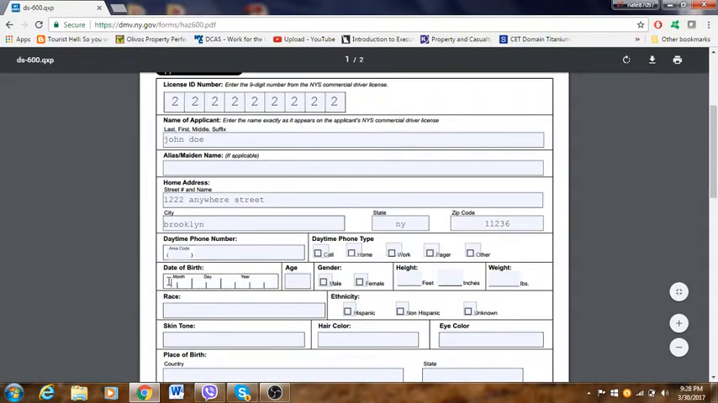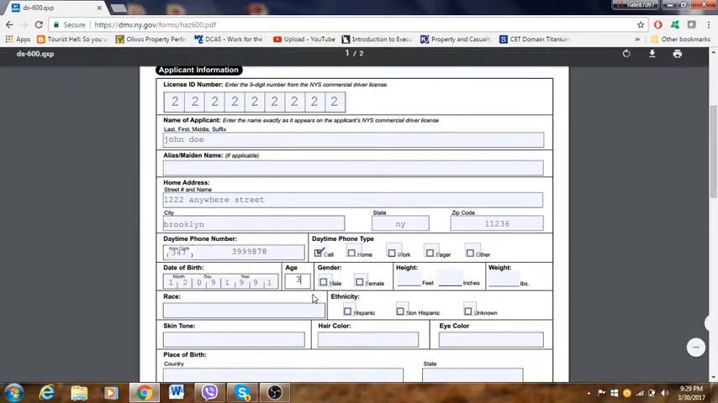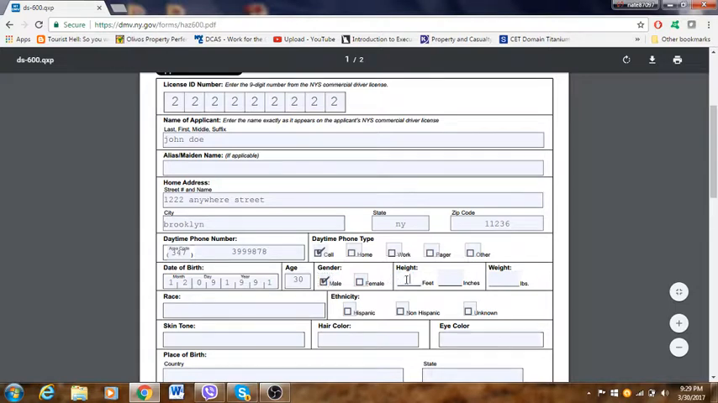So place of birth, daytime phone number. Let's put 347-399-9878. Daytime phone type, whichever it is, it's up to you, whichever you have. Let's put cell for now. Date of birth, so let's put 12/09/1991. Age, you guys have to calculate that. Whatever age you are, let's put 30 for now. Gender, male or female, height